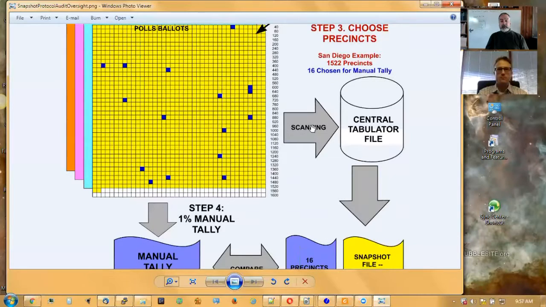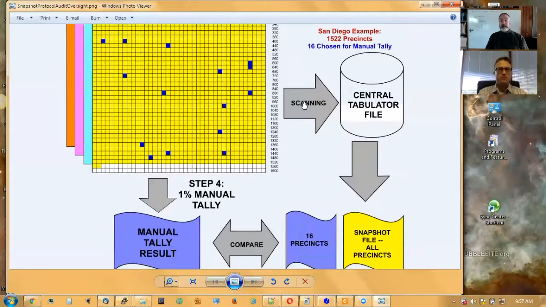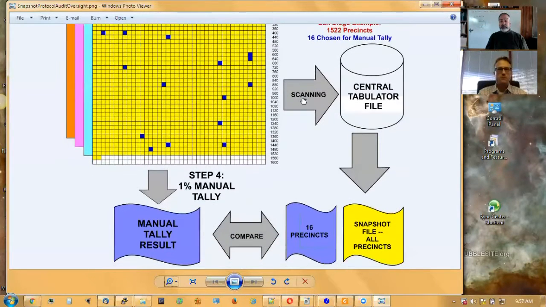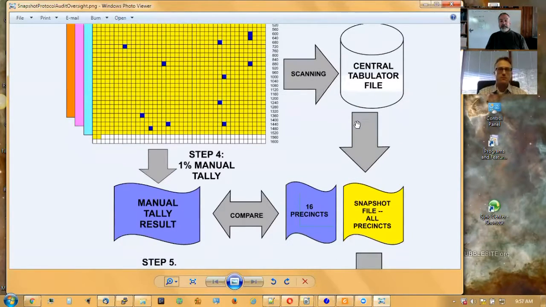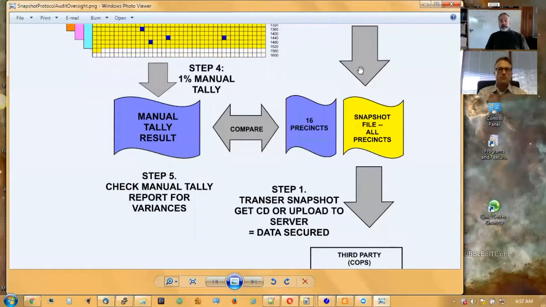They're scanning these right now. I've had them tell me, oh, we're not scanning those, we don't do it until election night. No, they're doing it up to 10 days in advance. So you need to have people in there, if possible, watching that. And then